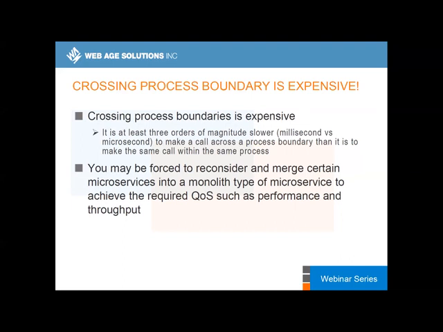Even though things are getting better now because you have gigabit Ethernet with very high throughput and very big bandwidth, you still need to be aware that the more services you multiply, and the more your communication across boundaries becomes visible, the more things will slow down.